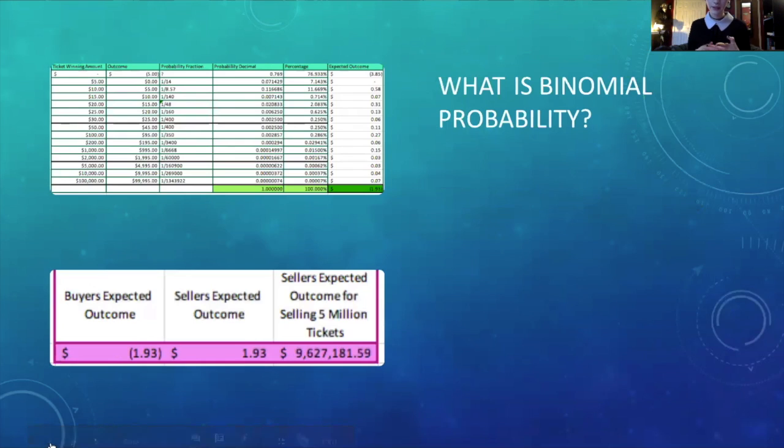Just like when somebody buys a lottery ticket, binomial probability comes into play, which refers to the probability of exactly, we're going to call it X, successes in N repeated trials of an experiment which has two possible outcomes. So for this, we talk about the winning lottery tickets and what's the probability of actually winning a lottery ticket. Well, if you look at the total winnings amount and then the outcomes and the probability,